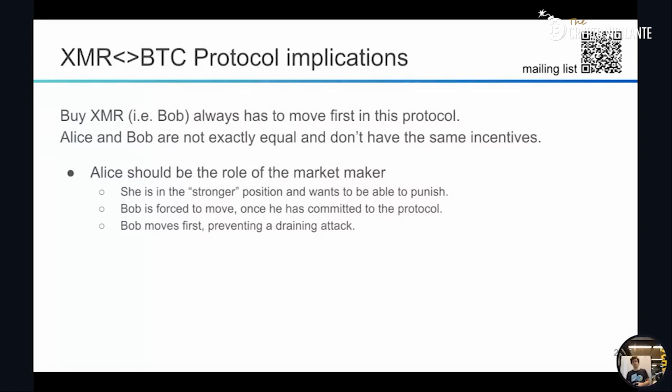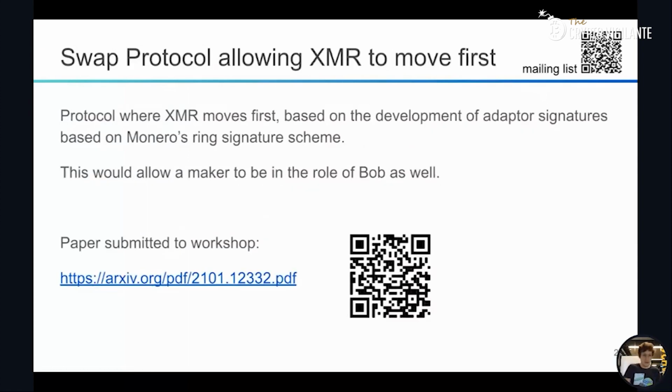should be in the role of the market maker, because Alice can never ensure that the user trading with her would move at all, and there could be a drainage attack, as in there are a lot of users constantly saying, hey, I want to trade, you lock up the money, but then there's no move and you lose transaction fees over time. So Alice wants to be in the role of the market maker, but that means, since this protocol cannot just be turned around because it heavily depends on the scripting abilities of Bitcoin, you don't really want to do both sides yet. That's what we decided, but we're actually working on a protocol version where you can turn